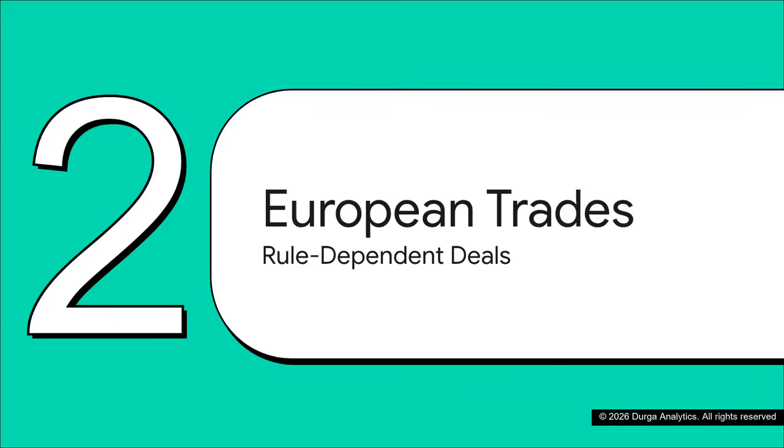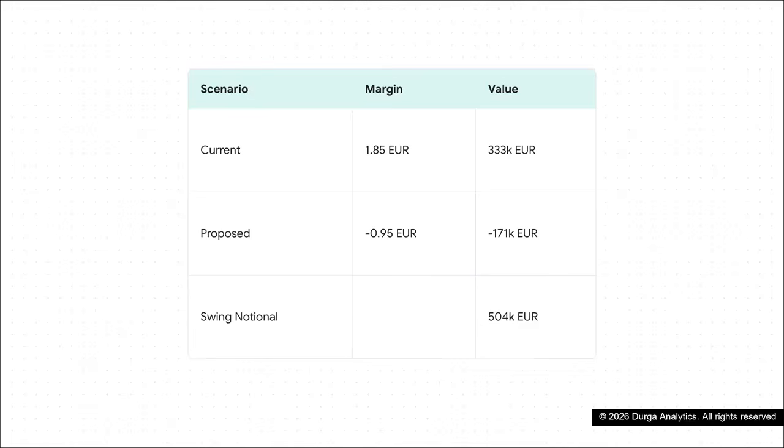Moving right along to Section 2, European Rule Dependent Trades. Let's see how this works in practice. Let's look at a European worked example. Imagine your desk is offered a structured deal at a European hub. The volume is 180,000 megawatt hours, but the economics heavily depend on a capacity tariff structure that is currently sitting under regulatory consultation. Under the current tariff, you model a solid 1.85 euro margin, giving you a 333,000 euro expected